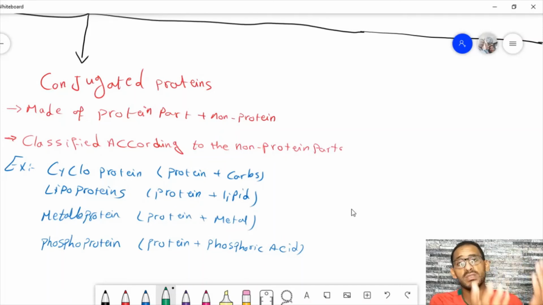One of the famous examples of the metalloprotein is the hemoglobin, which is mainly protein, which is the heme plus iron. Okay, so iron is the non-protein part, which is why, when we have any kind of anemia or something, you'll find the doctor usually tells you you need to take some iron as a supplement. So that's why we need iron, because it is needed in the formation of the hemoglobin.